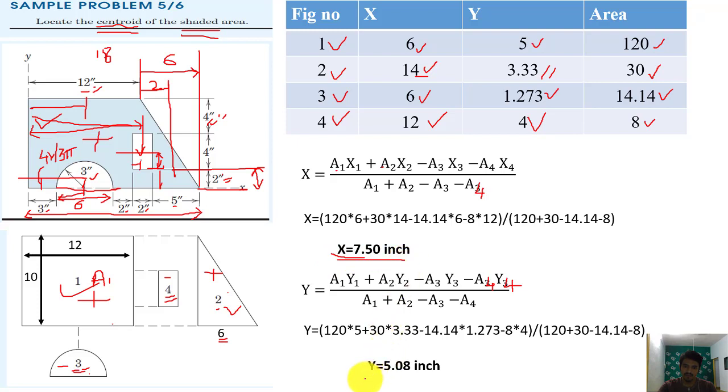Remember that whenever we divide a figure into standard geometrical figures, there should be a minimum number of them, because the calculation will be less. Now in this diagram we can also convert this figure like this: 12 plus 6, so an 18 centimeter by 10 centimeter rectangle, then minus area, minus area, minus. Like this also we can do the calculations.